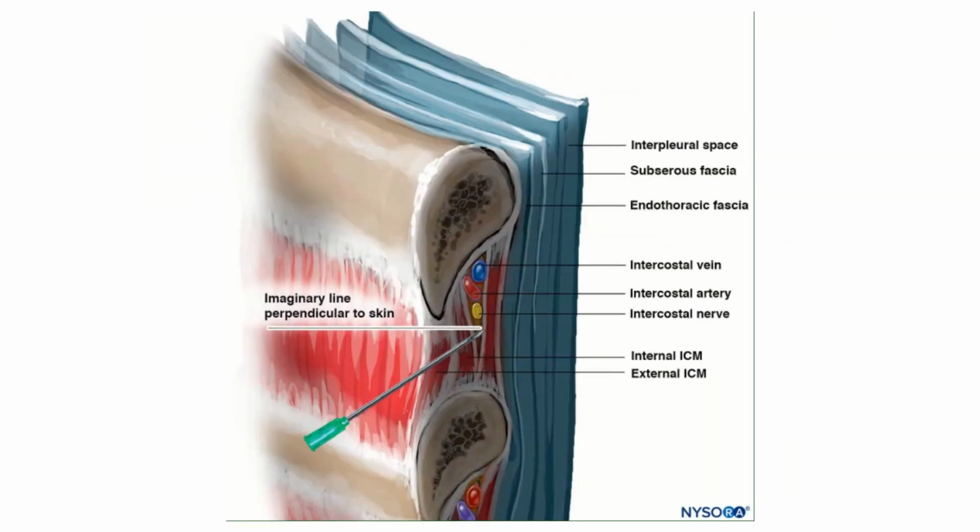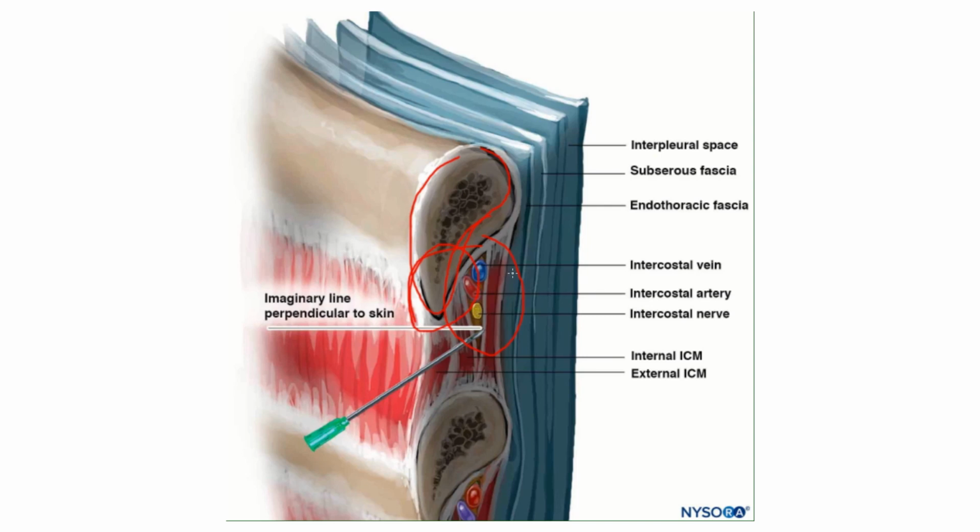Regarding the location of the typical nerves, they are present in the groove in the inferior border of the rib. As you can see here, this is the inferior border and this is the groove here, and you can see the vessels. Actually, it includes the nerve, the artery, and the vein. All of them are present in the groove here, and they are protected by this inferior margin of the rib.